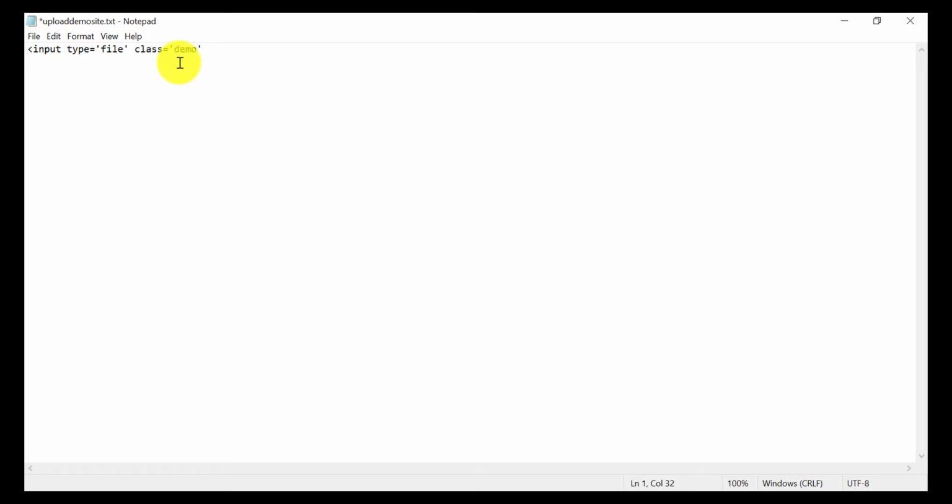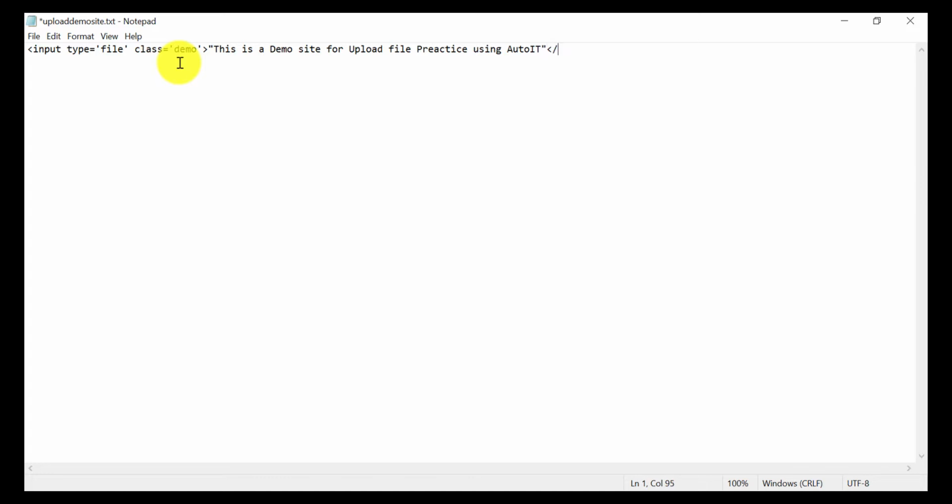Close, and if you want you can provide the text also: this is a demo site for upload file practice using AutoIT. So this text will be displayed.